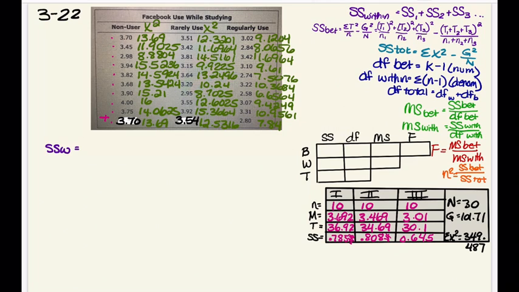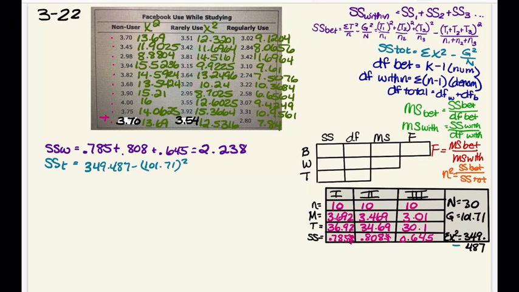First we'll find the sum of squares within treatments, and we add the sum of squares from our first group to our sum of squares from our second group and the sum of squares in our third group. We come up with a value of 2.238. Next we'll find our sum of squares total with our grand total sum of x squared of 349.487 and subtract G squared divided by capital N and come up with a value of